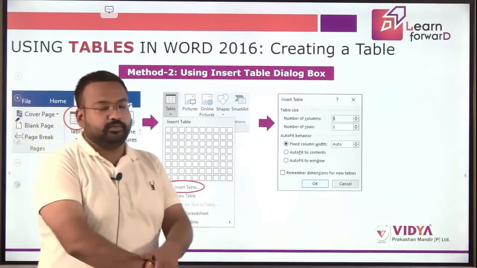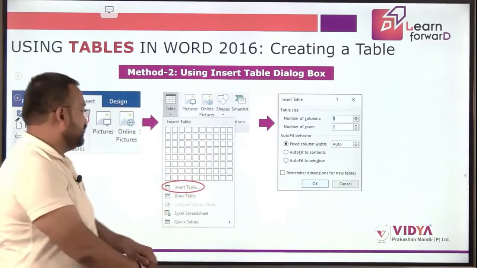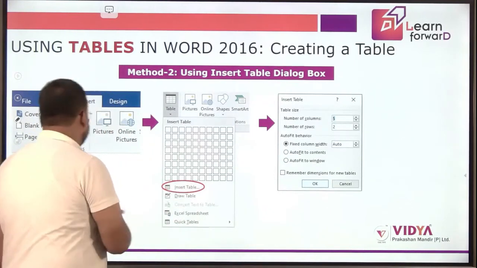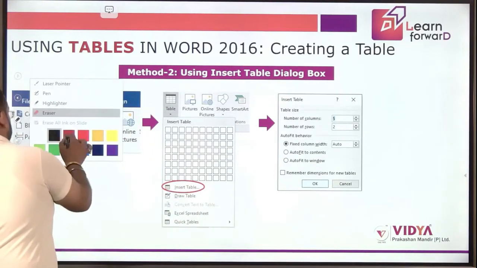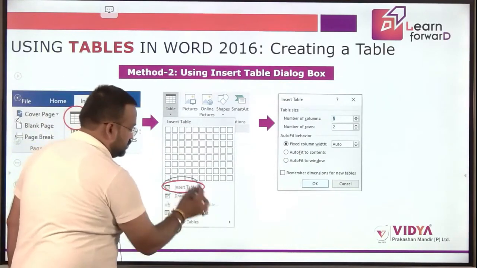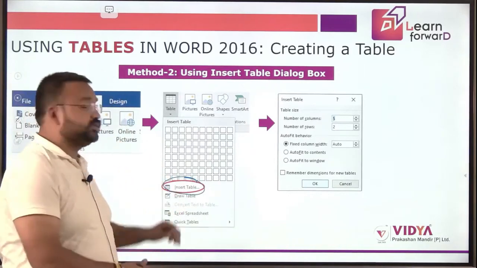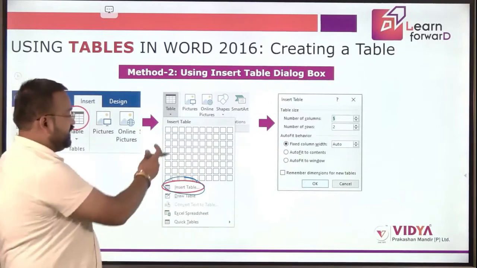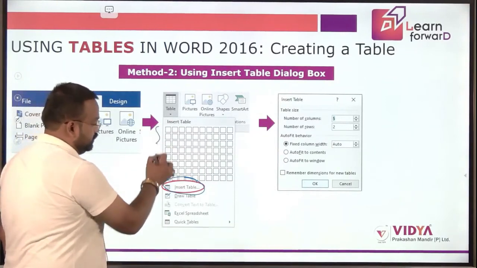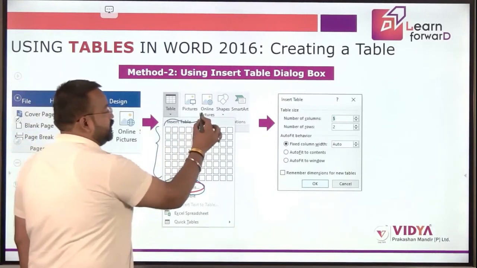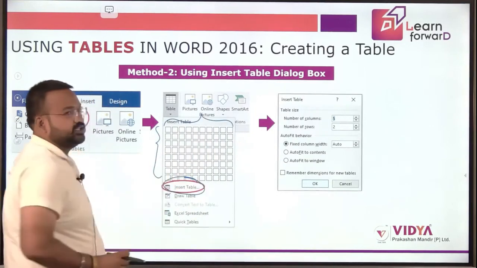Next, you can insert a table with the help of this Insert Table option. The benefit of this is, as you have seen, the previous chart is limited, so the maximum number of rows and columns allowed is fixed.